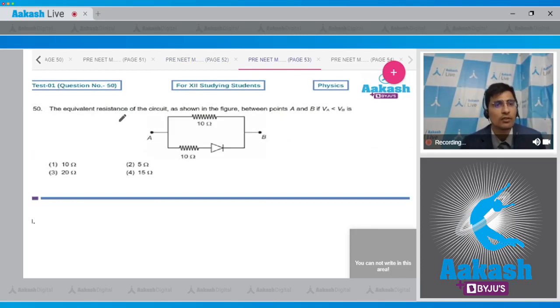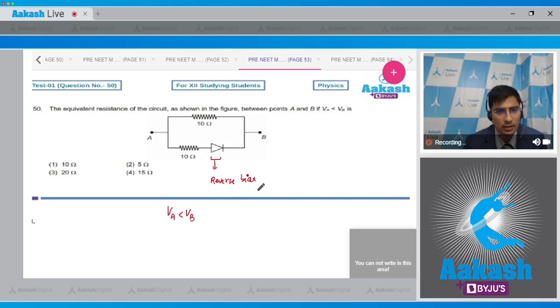Question 50 says the equivalent resistance of a circuit as shown in the figure between point A and B if VA is less than VB is. So, four options are 10 ohms, 5 ohms, 20 ohms and 15 ohms. Dear students, it is given that VA is less than VB. So this particular diode is